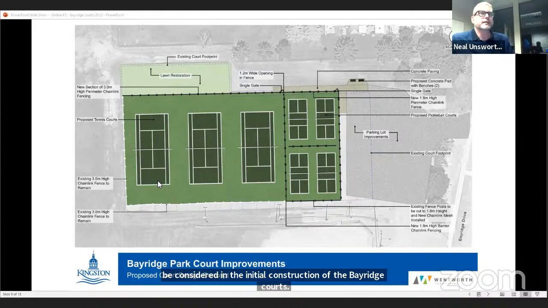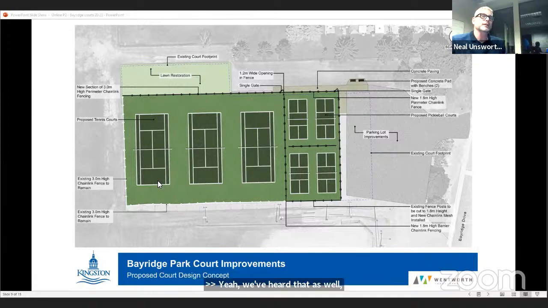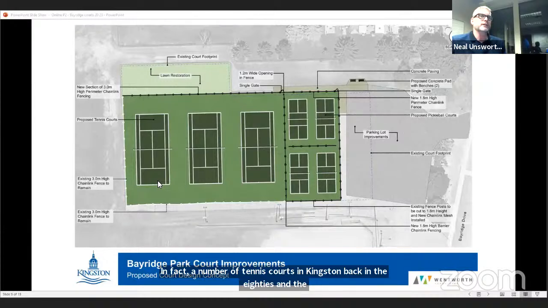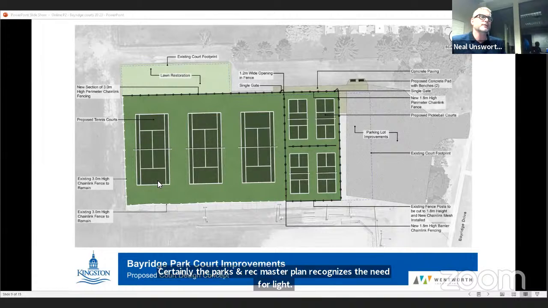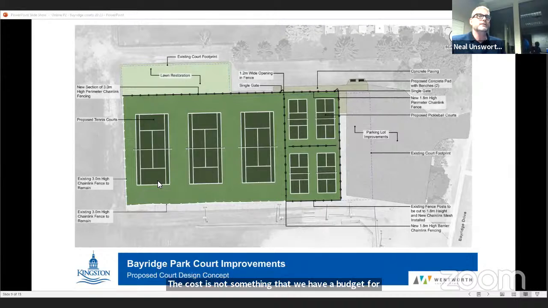Yeah, we've heard that as well, Jen, over the years. In fact, a number of tennis courts in Kingston back in the 80s and the 90s had lights, but the infrastructure failed over time and it wasn't revitalized. But certainly the Parks and Rec Master Plan recognizes the need for lights. The cost is not something that we have a budget for. I couldn't estimate the cost for lighting the tennis courts, but I would suspect it's in the hundreds of thousands of dollars